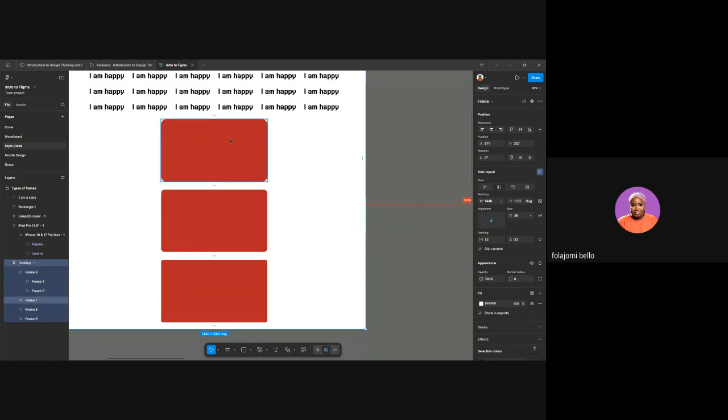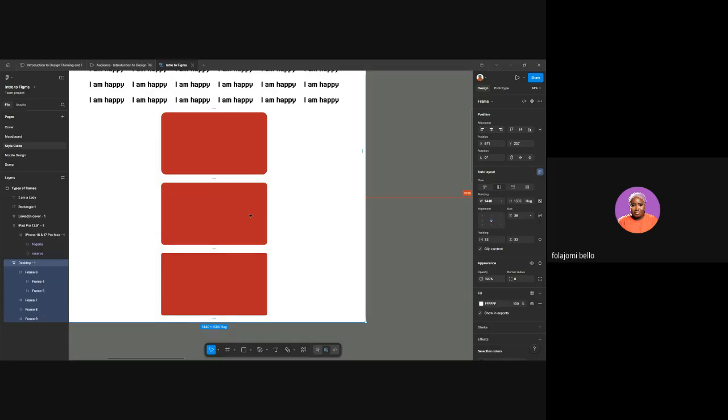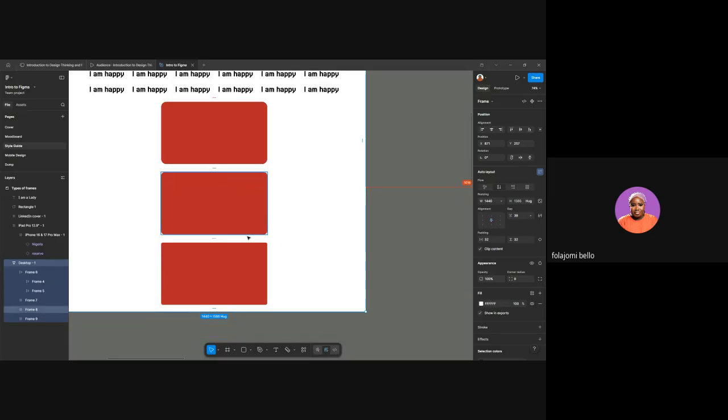Now, part of consistency as a designer, in your design where you have elements and you're using radius corner, you cannot be using different radius corner. Whatever radius corner size you've started with, maintain that consistency across your design. If from the beginning, even your button, you are using 8 radius corner, all your elements use 8 radius corner. If you are using 16 radius corner, in all your elements,